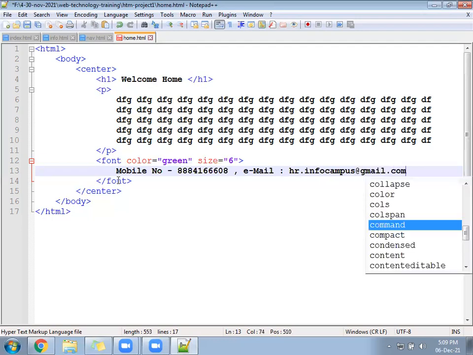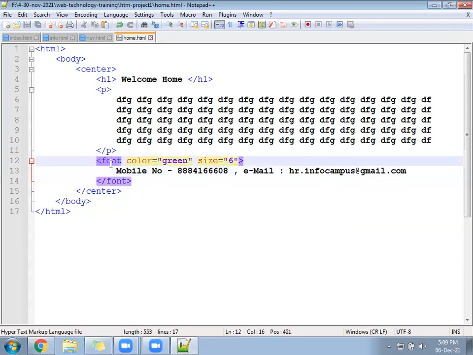This way you can write. So this will come in a little bigger font size. You can run the home file individually, or you can run the index file also. Index is also a combination of home.